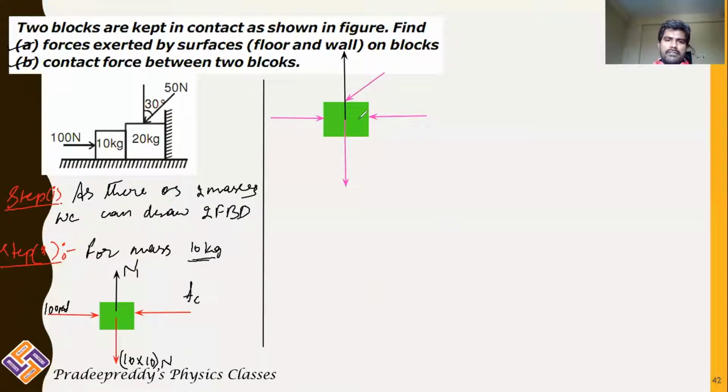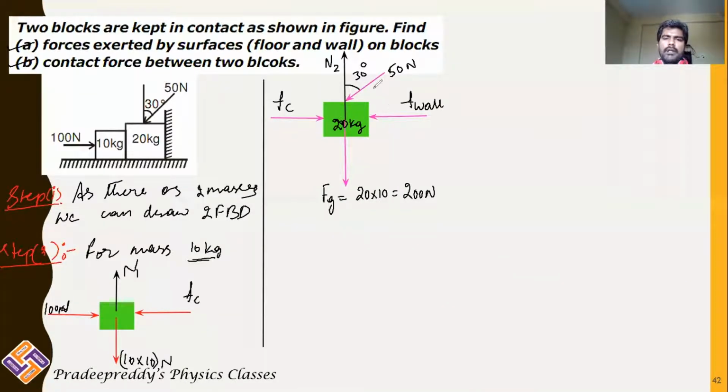This is the 20 kg mass. This force is the contact force. This force is the wall force. This force is the normal reaction N2, the normal reaction of the second body, and this force is the gravitational force which is equal to 20 into 10. This is 200 Newton, acting in the downward direction, and this force is 50 Newton, making an angle of 30 degrees with the